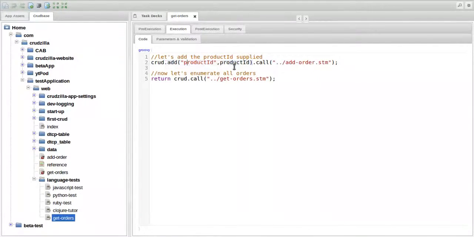To pass parameters, there's an add method. So you call add and you provide a parameter name and the value. You can chain the add method and add multiple parameters to the parameter stack, and then you make the call to the actual CRUD that you want to call. Here we want to call the add orders data statement, which has the extension STM. And then once we've added it, we make another call to another data statement to enumerate the orders,